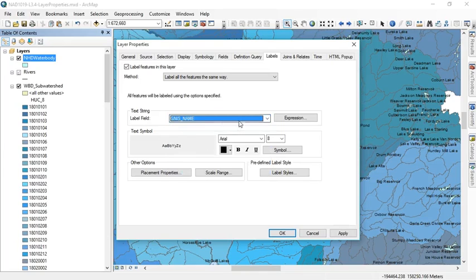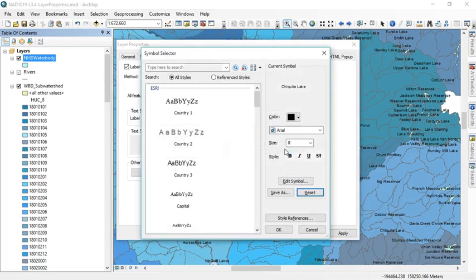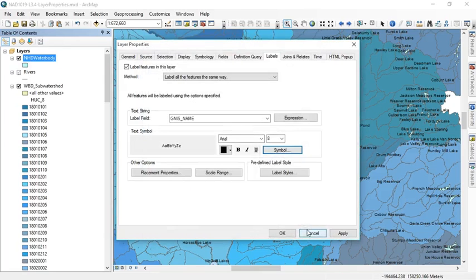And I can choose a different field here if it wasn't getting it right. I'll leave it as it is. And then I can also change the style of the labels right here. So it's nice sometimes to make rivers have kind of a flowing label and lakes to kind of blend into the background of the reservoir or the lake. And I can change the size and the font style and the full symbol information right in here. We'll do a bigger lecture on labeling in the third module of this course, so I won't talk too much more about it right now, but know that you could turn them on right here